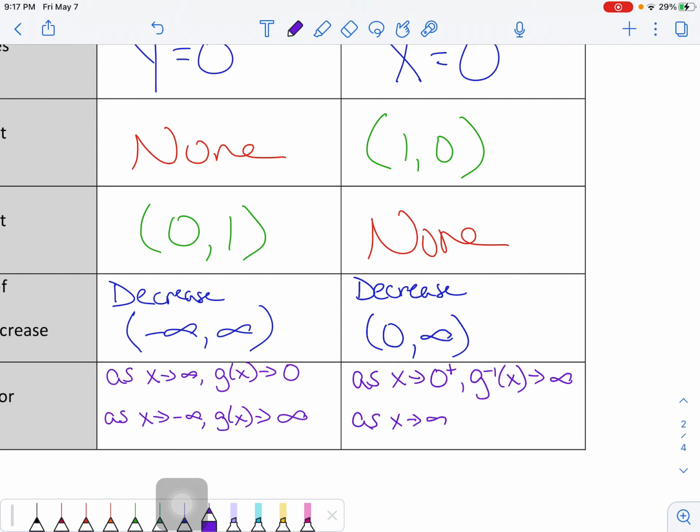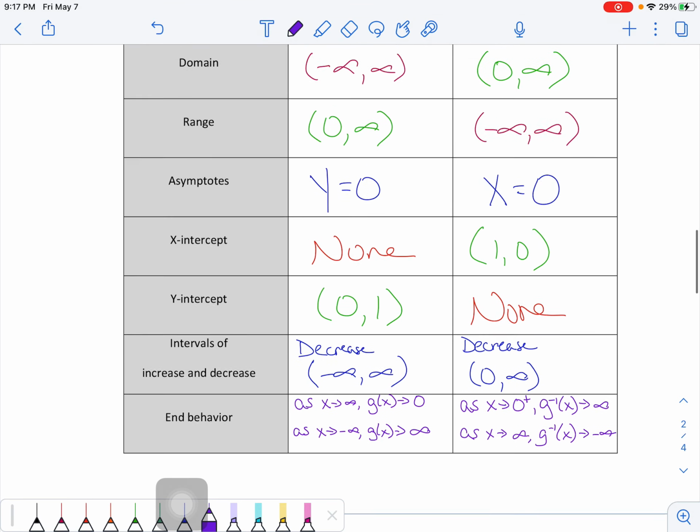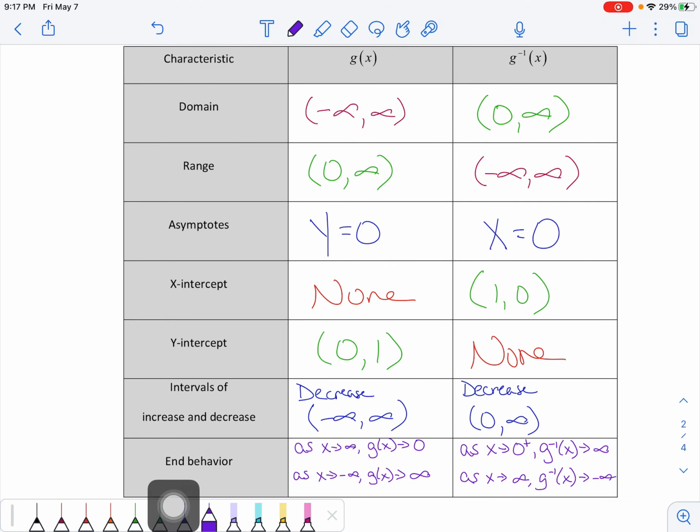As x approaches infinity, wow, that's horrible, infinity, the inverse function is approaching negative infinity. All right. Now, 100%, you could look at the graph to do that, but I really appreciate the fact, and